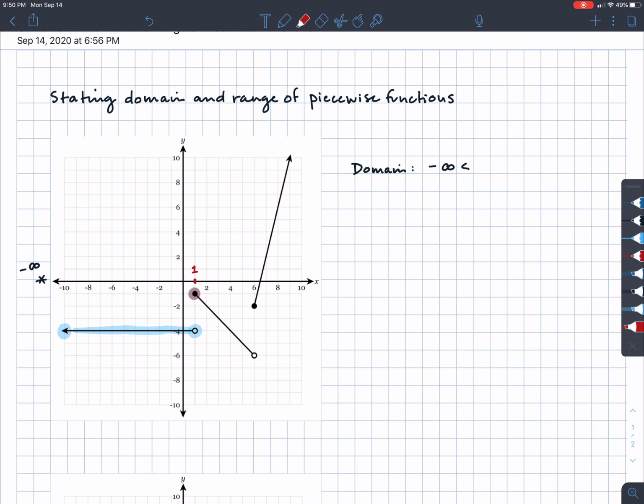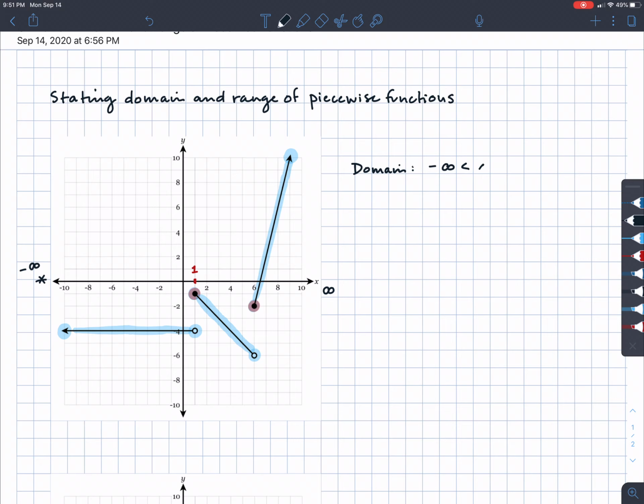Our domain is covered. So I can keep going. I just jumped up to this function, and I'm going to keep reading left to right. We have the same situation. I have an open circle here, but I have a closed circle at the same x value. So because that closed circle is there at that x value, we're good to go. We can keep moving, going from left to right. And I see that this piece of the function also continues to go on to the right forever and ever towards positive infinity. So because we didn't have any breaks in the domain,